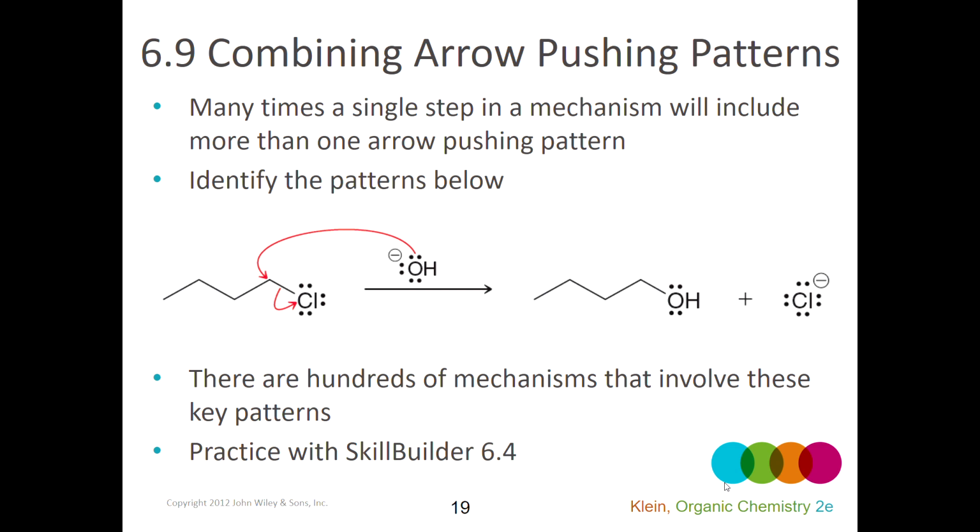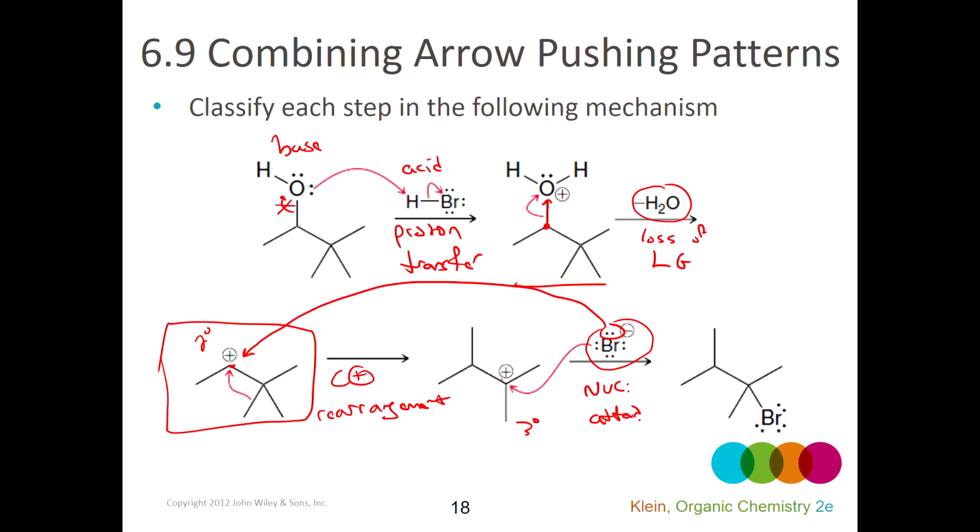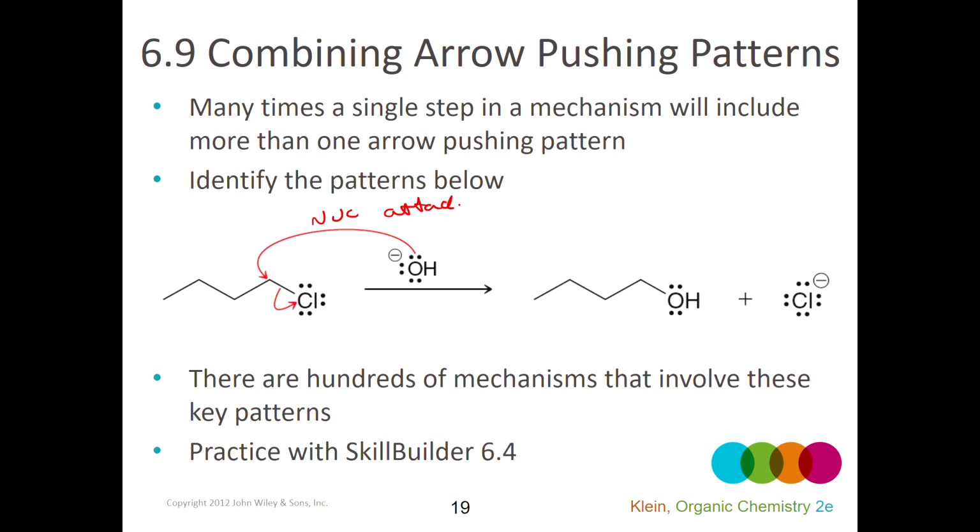Sometimes a reaction might involve more than one pattern occurring at the same time. So here, what am I seeing? I'm seeing this lone pair starting to be shared with a carbon. What is that? That's a nucleophilic attack. This is my nucleophile. It's attacking and sharing its electrons with the carbon. At the same time, I have a loss